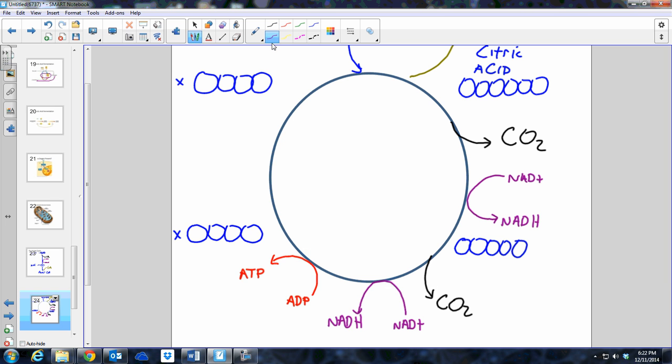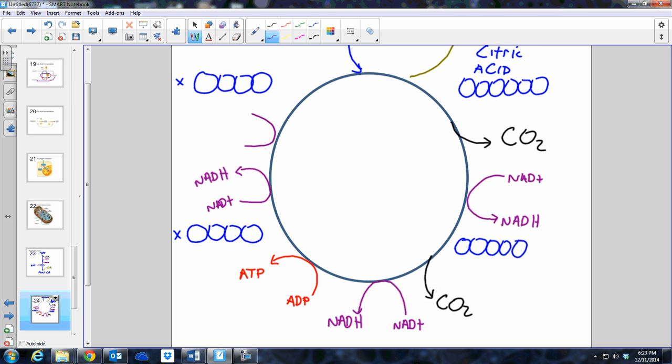And we have these bonds being reformed and broken, and electrons are freed up. And so NAD plus is going to pick up some of those electrons, turn to NADH,